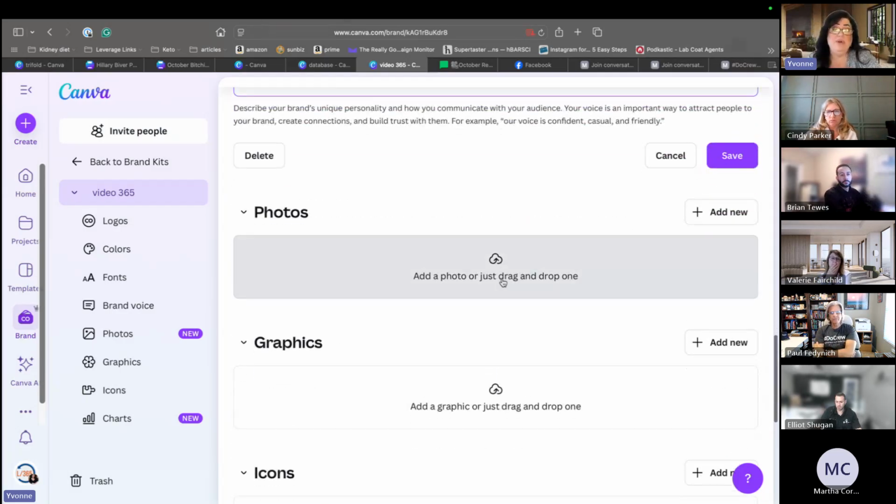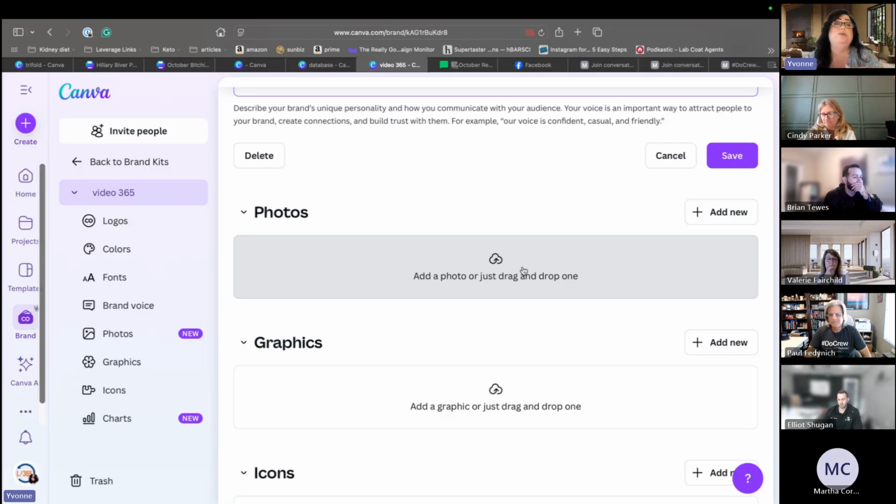And then any photos that go along with your brands. You may have a website that you've developed, and you want to put all of those photos from your website into this folder. Because when you're creating graphics, you want them to match your website, which is very important. When you're making a brand, everything should look the same. So if you're creating a booklet and there's a branding photo, maybe the one of you and your wife, Paul, that would be where you would put this, because that's something that's going to go on all of your branding.